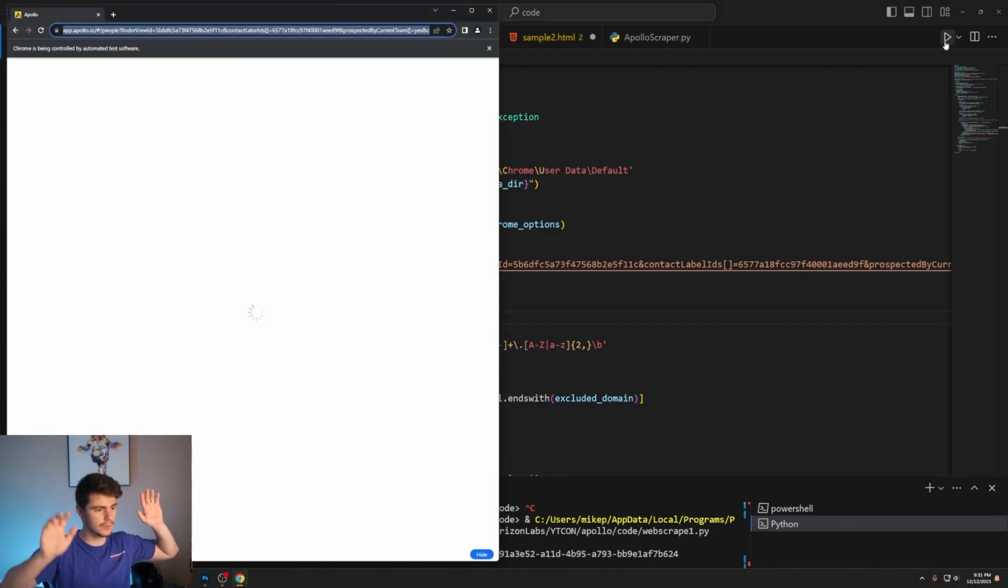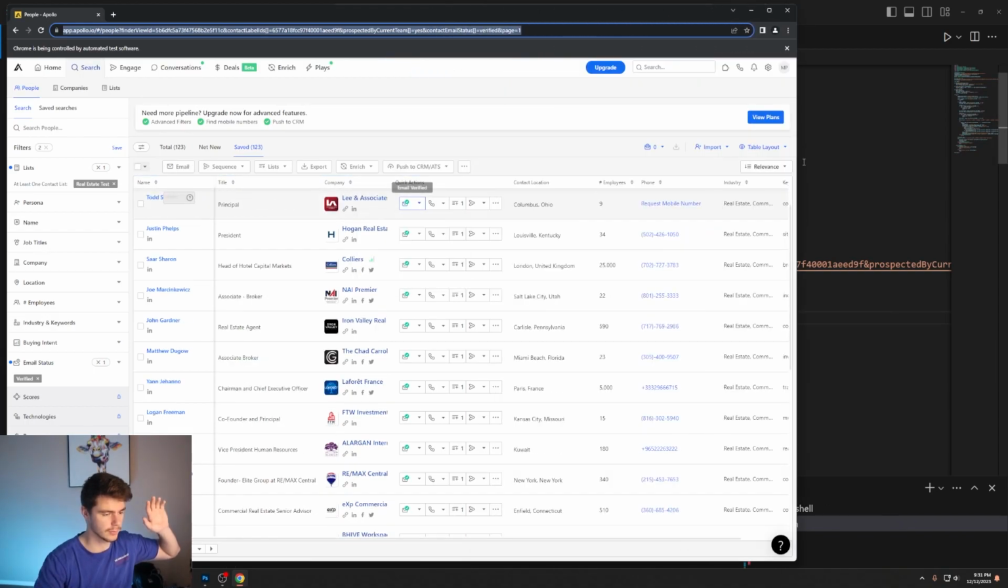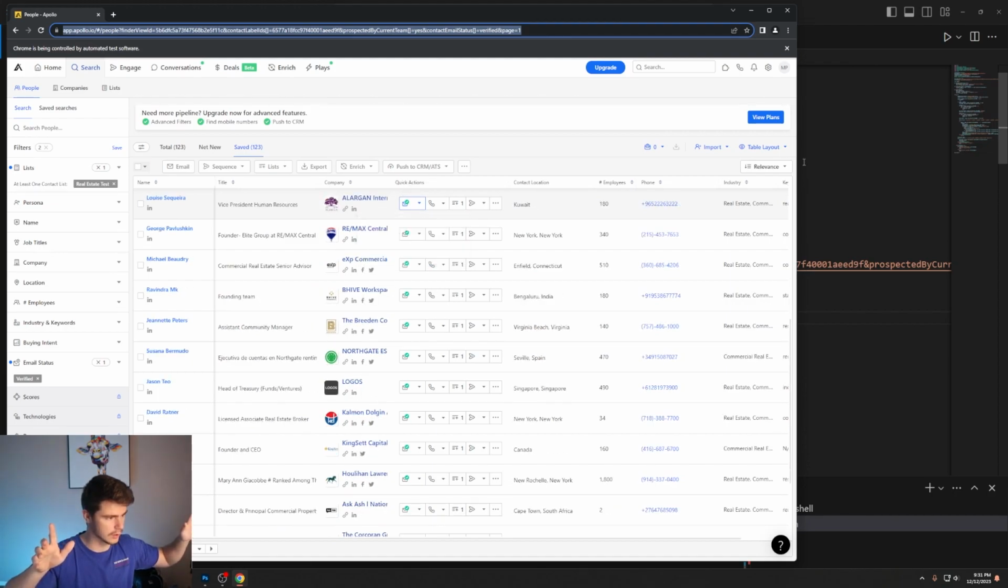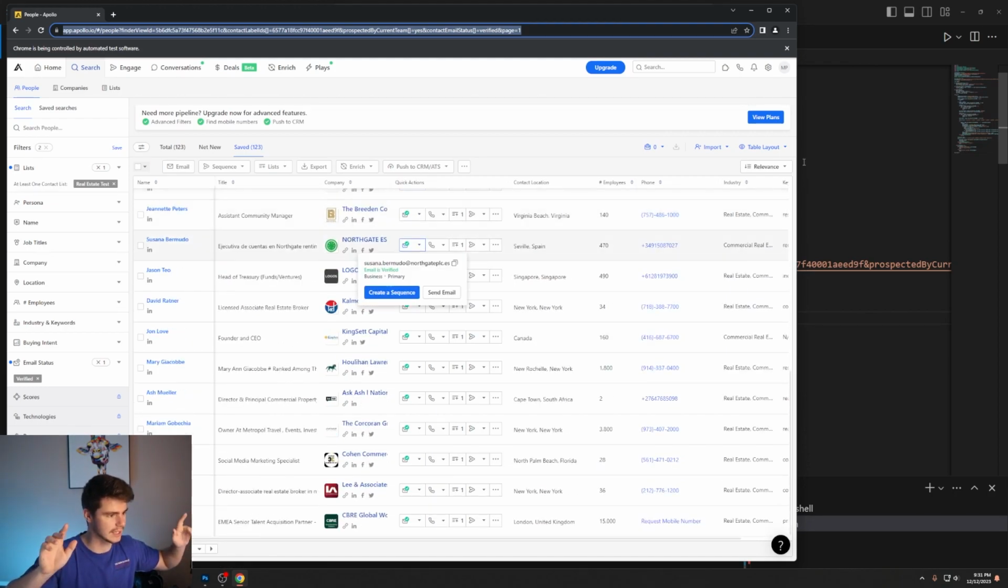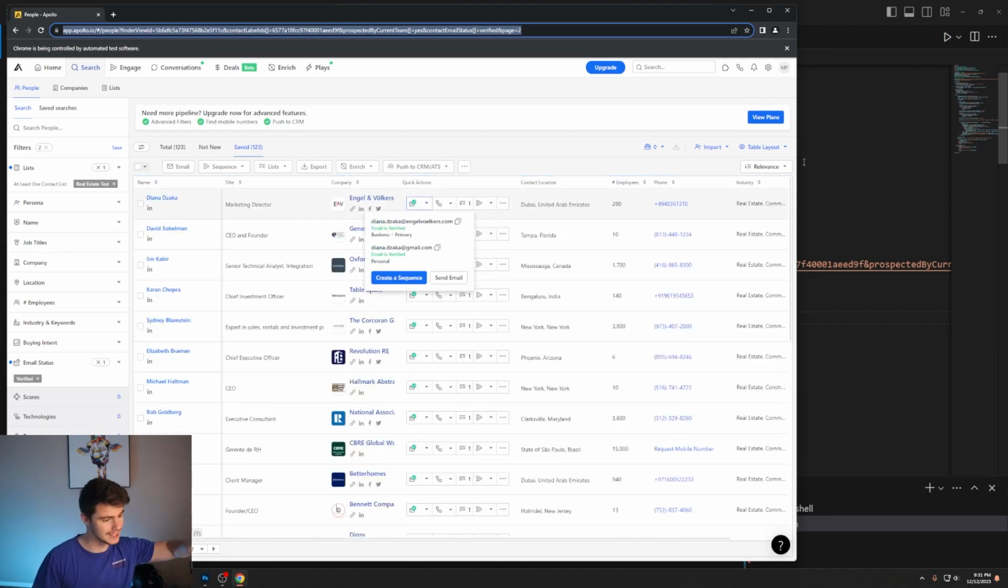And then without doing anything, it opens up Apollo. And if I make the screen here a little bit bigger, it goes through and captures all the information of everyone on my list, which is insane. And I'm literally not doing anything. It literally goes through, it opens up the button, it takes the email, puts it in a list, goes through